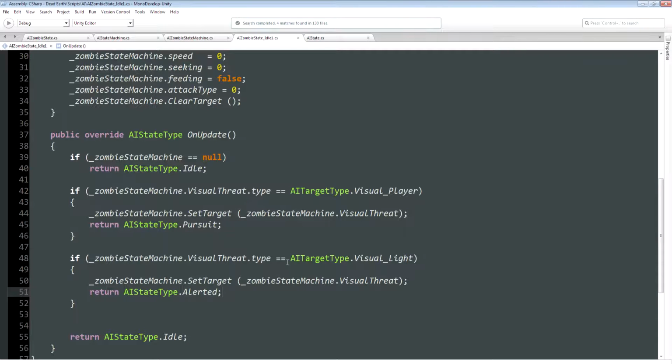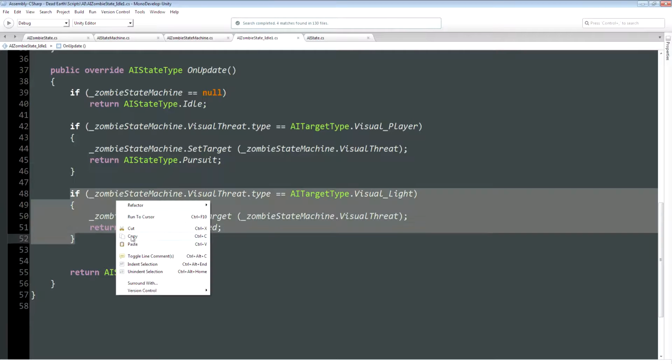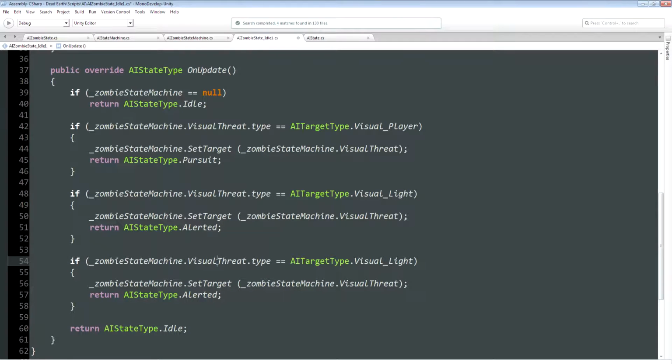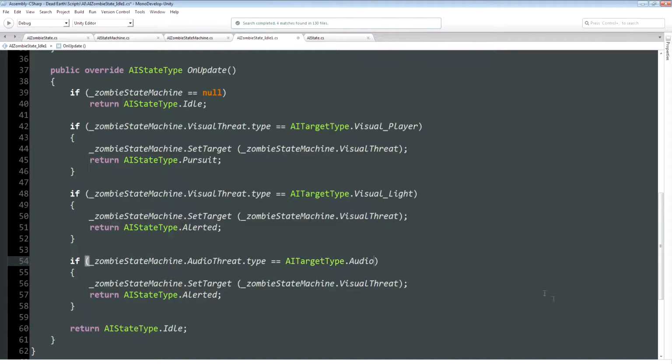Okay, so the next most important threat, which is going to have exactly the same effect actually as the visual light type, is going to be when it's the audio threat, when there's a sound. So let me just copy and paste that line up above, because it's going to be very similar. So we'll say if zombie state machine audio threat dot type equals, and I think the target type of an audio is literally just audio, isn't it? Audio target type dot audio. Then we're going to set as the new target the position of the audio threat,